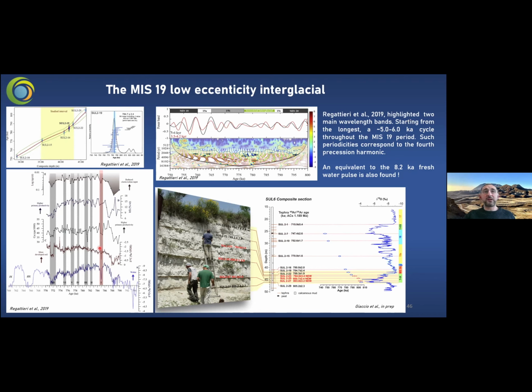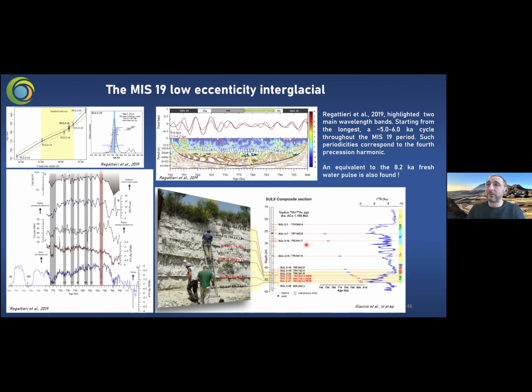We demonstrated that during this period you also have an equivalent to the 8.2 kiloyear event, and we're still working on that particular record, especially for the terminations. We recently acquired three new high-resolution argon-argon ages that will allow us to present a revised chronology for these records. We also have additional data that I will show you after,